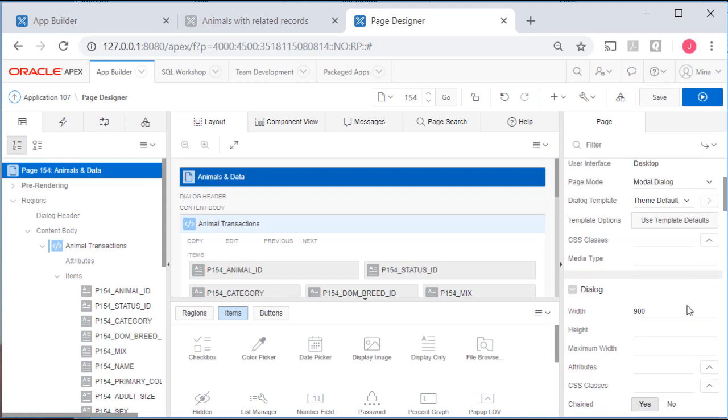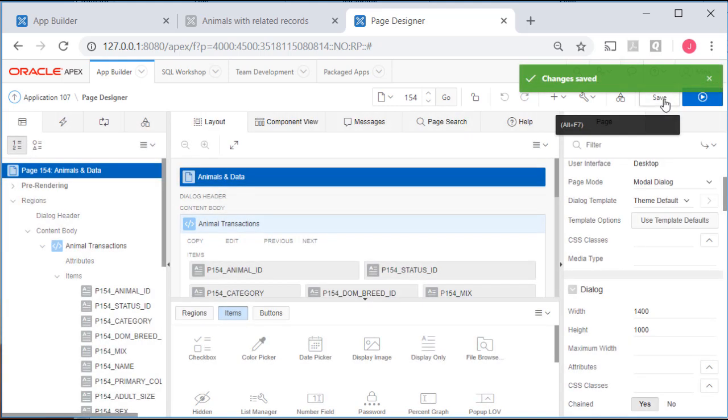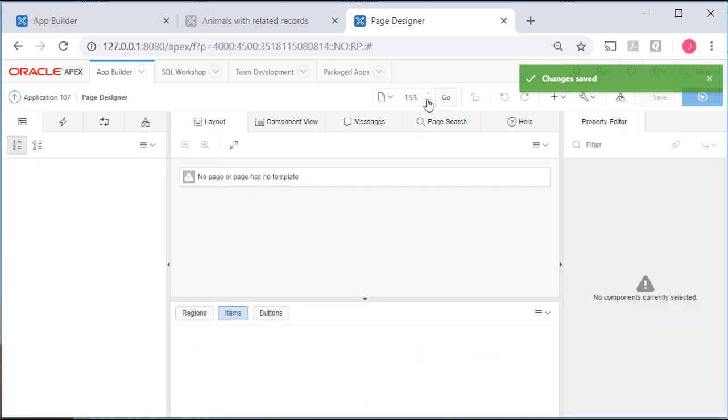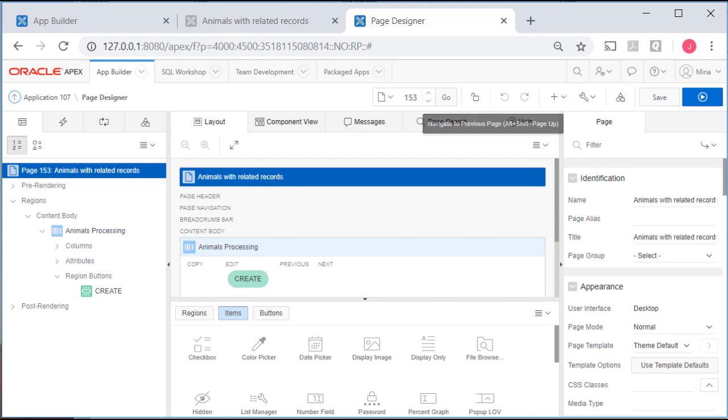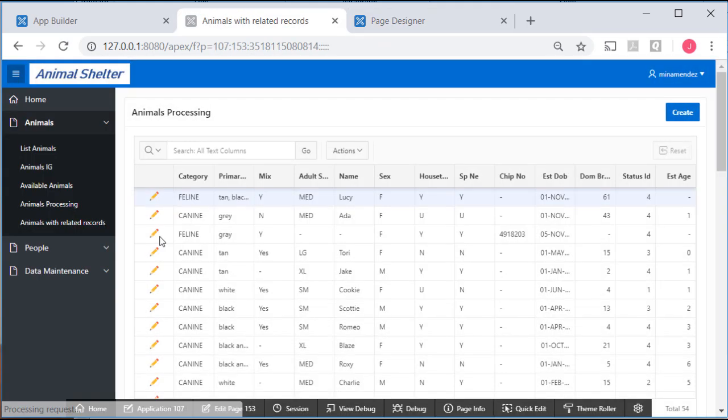For the page as a whole, I want to change the width to 1400, and I'll set a height of 1000. And I'll save that. So to open this, I would need to go to my calling page, which is 153,